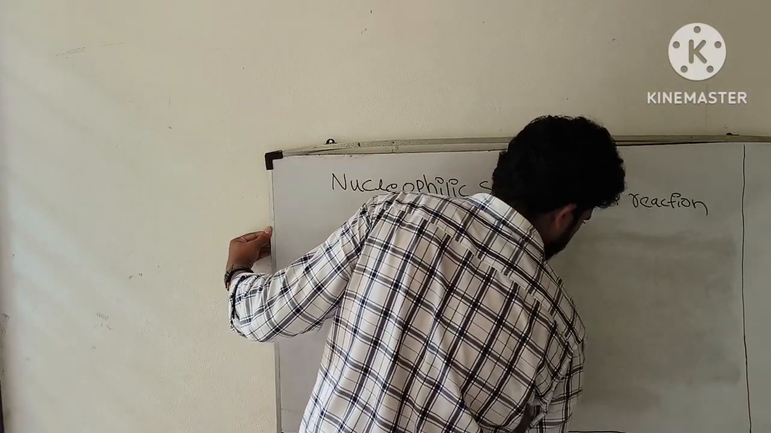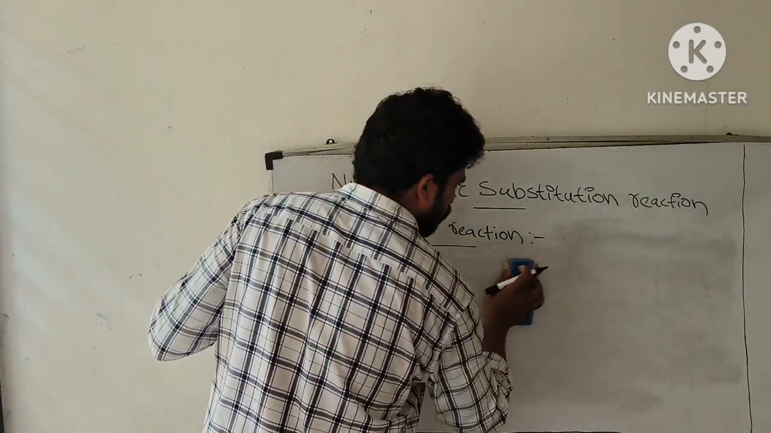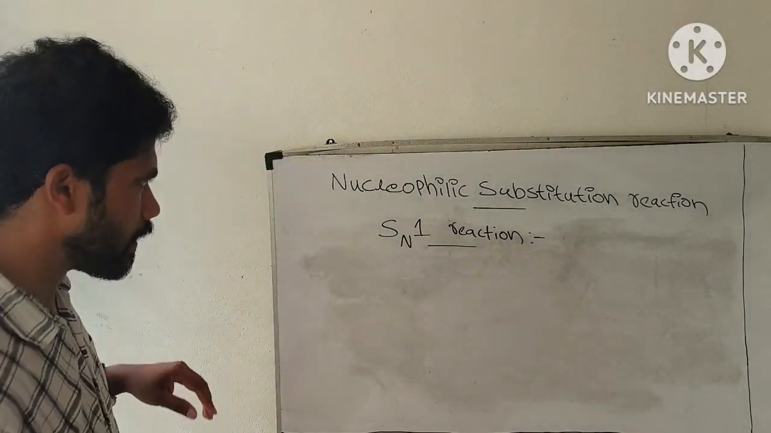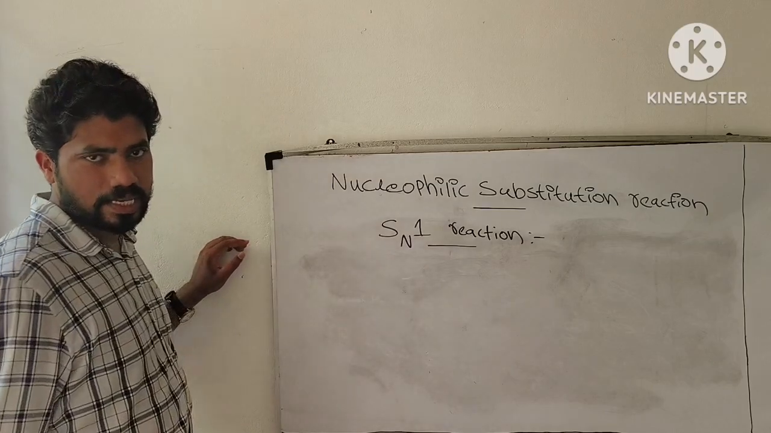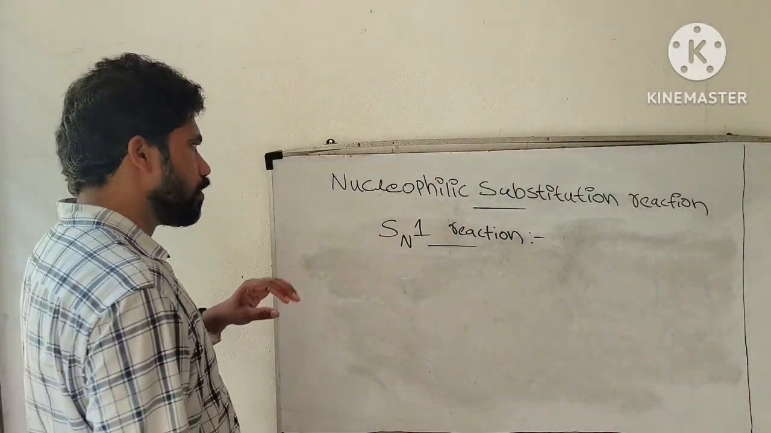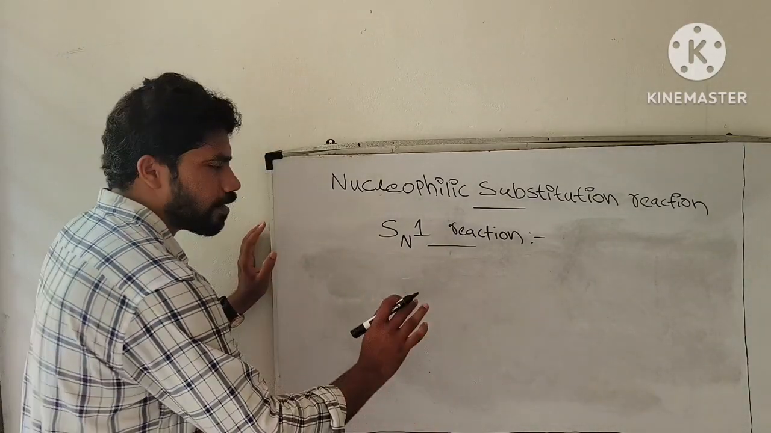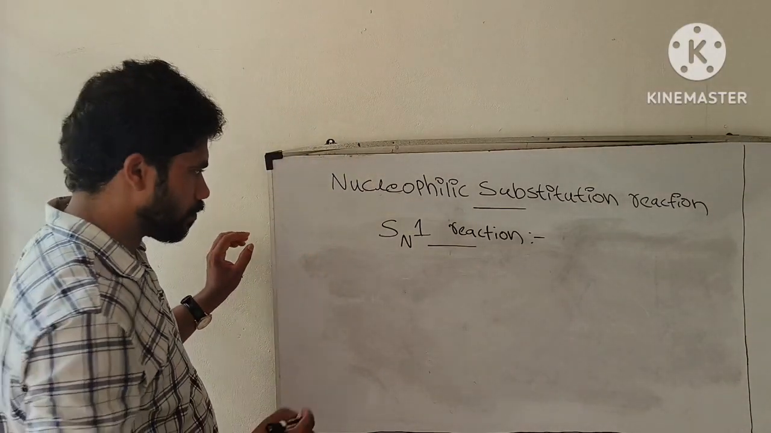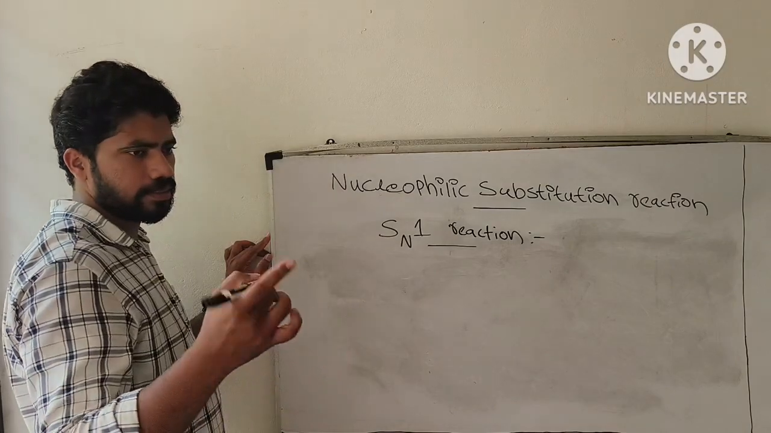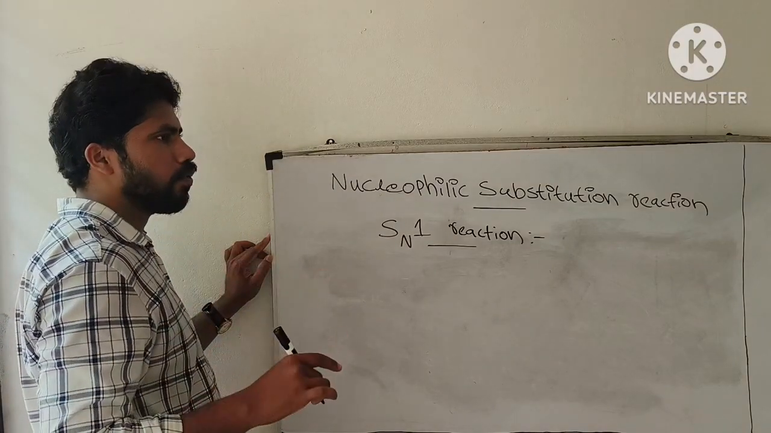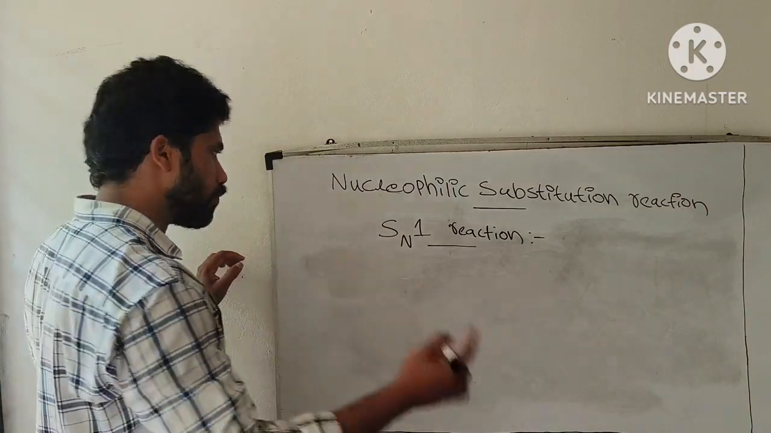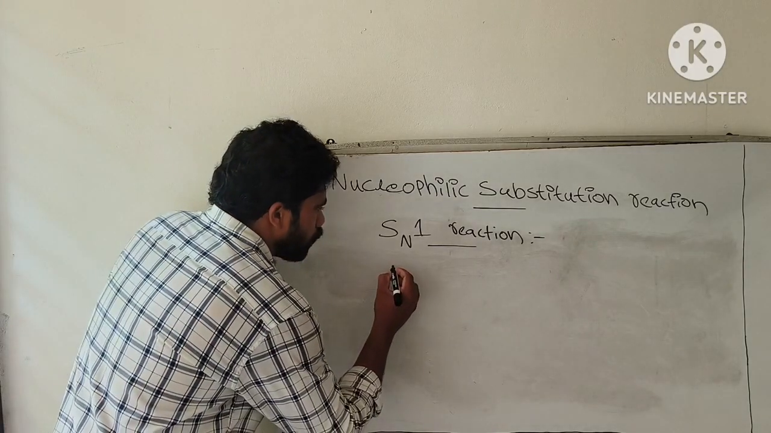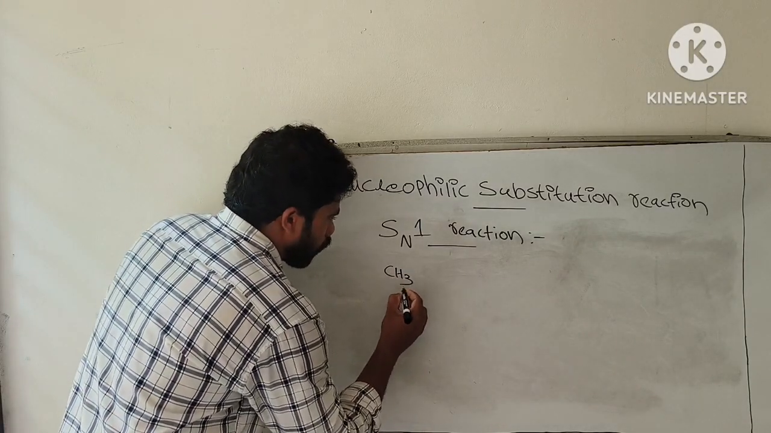Stereochemistry of the SN1 reaction. Very interesting stereochemistry is present in the case of SN1 reaction. Okay, so please listen. I will take one example for you. We can take tertiary butyl chloride. So when we use tertiary butyl chloride,